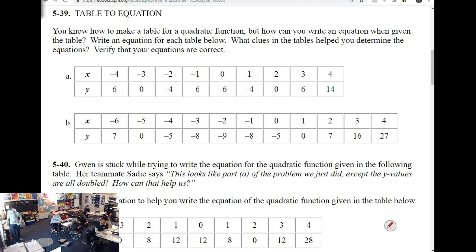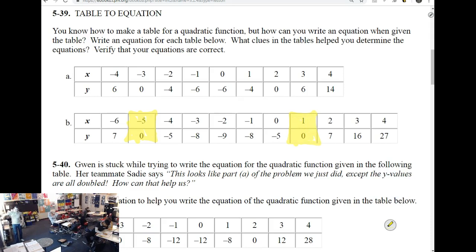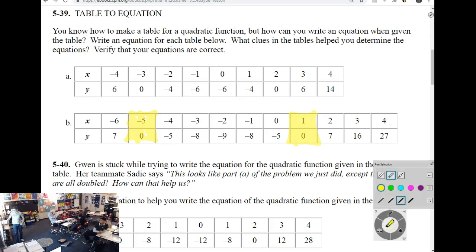It looks like it would. It worked out nicely. B worked out nicely as well. Would it be x minus 5, x plus 1? You did it backwards. So it's x plus 5, x minus 1. Yep. So that's x squared